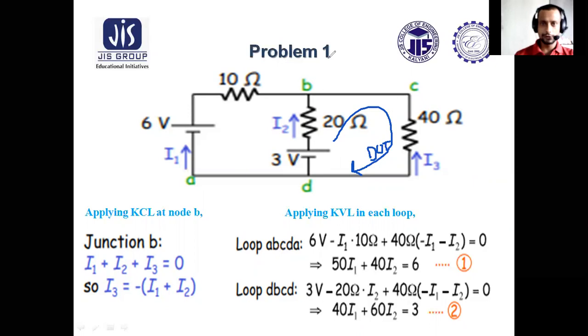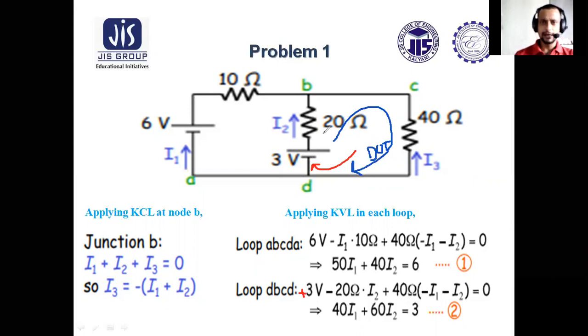For 3 volt, this is your direction of travel. So first you are getting the negative terminal, then the positive terminal. So for 3 volt, there is a rise in potential along your direction of travel. So a rise in potential should be considered as plus